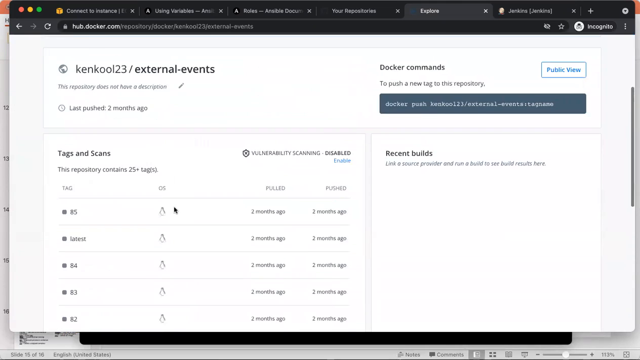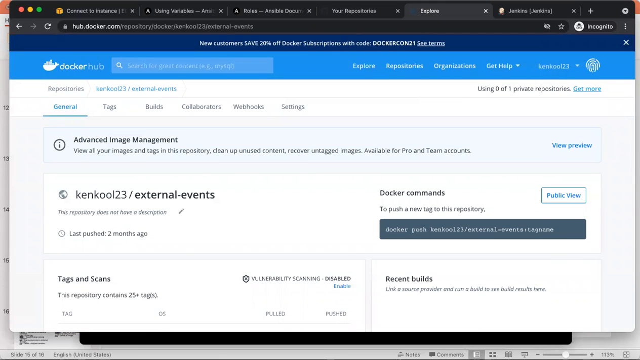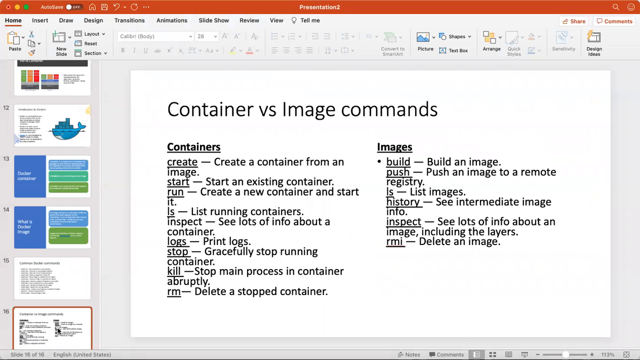These are some of the container commands: create a container from an image, start a container, run, ls, inspect, logs, stop, kill, remove, then build, push, docker image ls to list images, history, inspect, whatever. So there are a lot of them, some of them are very popular, like PS, pull, push,